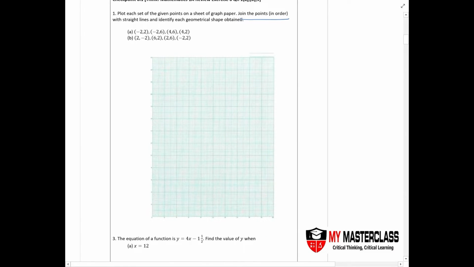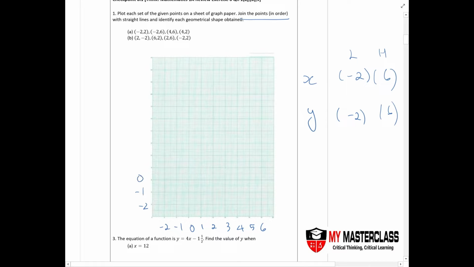Across all of these points, what can you identify? Look at the x coordinate and y coordinate. What's the lowest? The lowest x coordinate is -2, and the highest goes all the way to 6. For the y coordinates, you have the lowest at -2 also, and the highest also at 6. So what does this tell you? It tells you that you probably need -2, -1, 0, 1, 2, 3, 4, 5, 6, same for both axes, such that your graph will look more